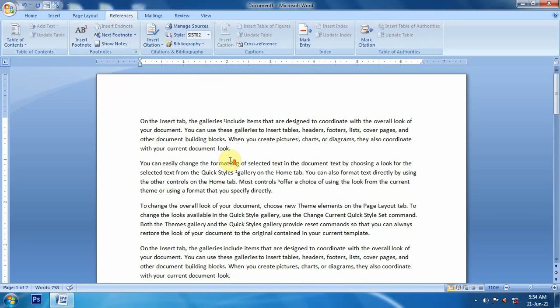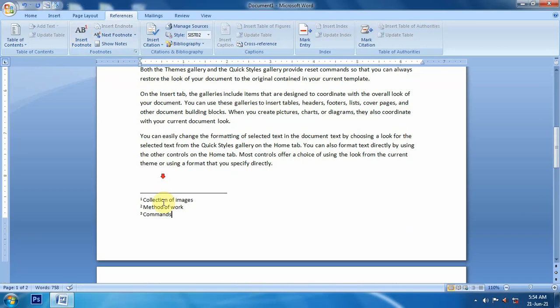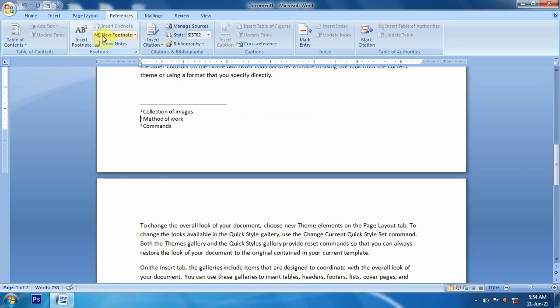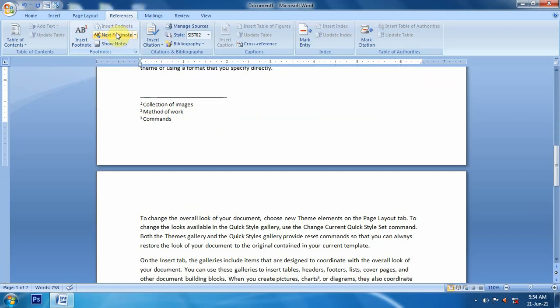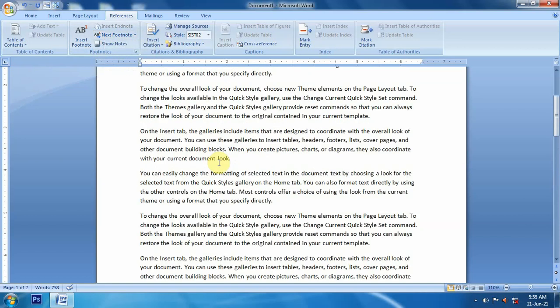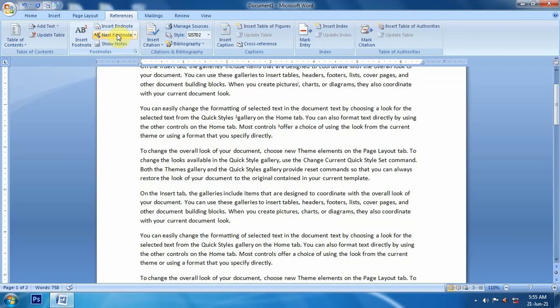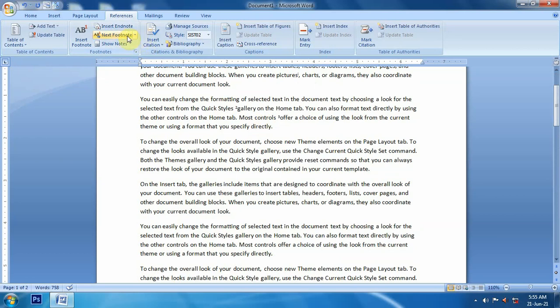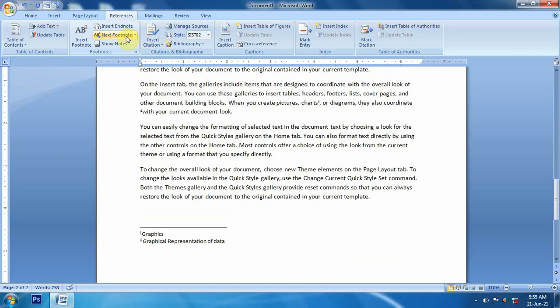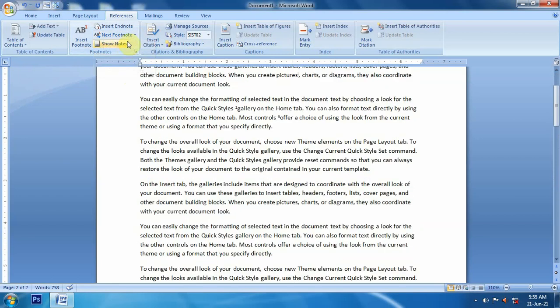Now if my cursor is at the first footnote and I say next footnote, this command will bring me one by one to the next footnote, and if I say previous footnote, it will bring us backward. But if my cursor is over here and I say next footnote, it will move to the next footnote in the paragraph, like this. And if we say previous footnote, it will go upward.